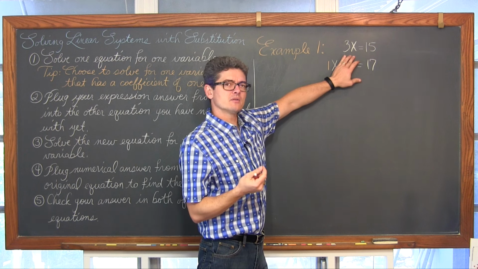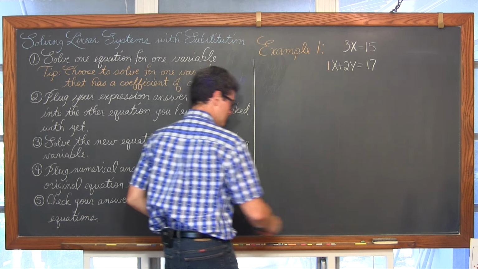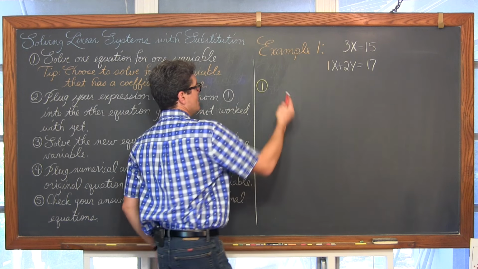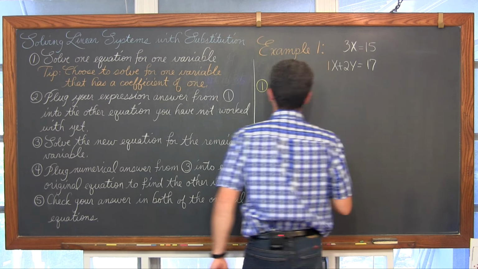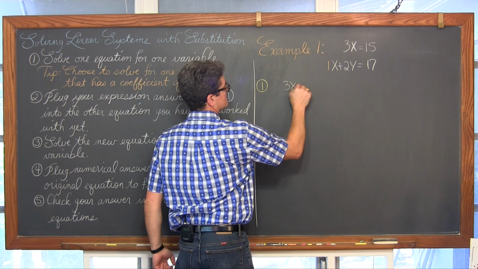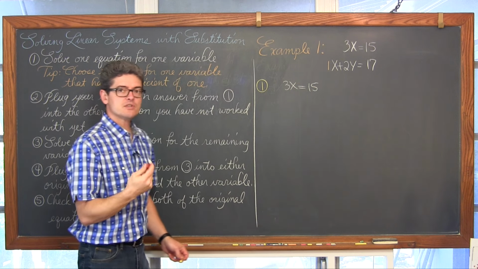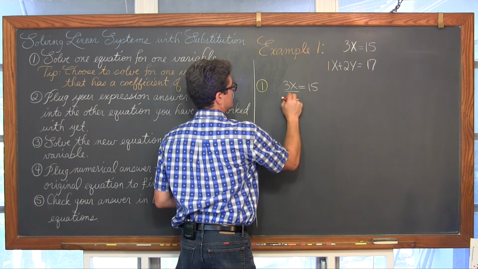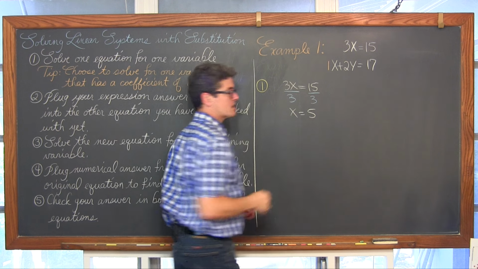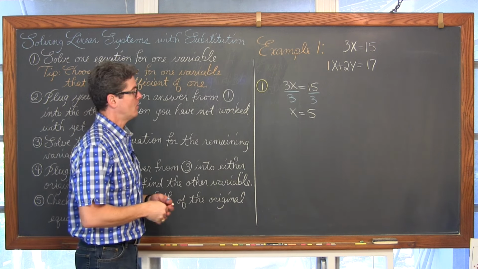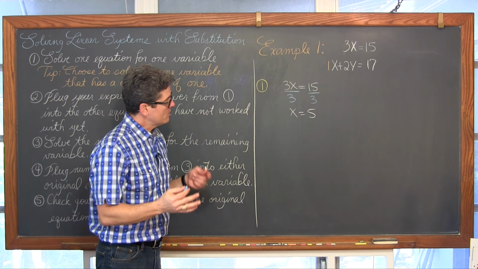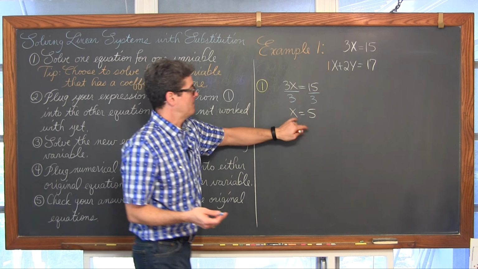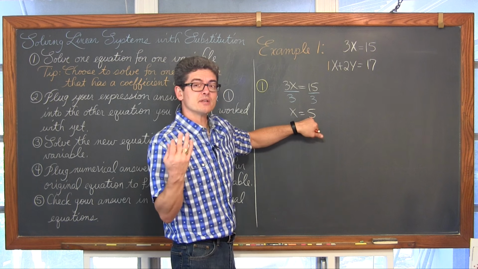But I can look up here and say, hey, and let's number these steps in yellow. For step 1, I'm going to not exactly follow my suggestion, because if I take 3x equals 15, just from number sense, I know that if I divide both sides by 3, that answer is going to come out to a nice integer, not a decimal or a rational value. So now I've solved it and actually know that x is equal to 5.